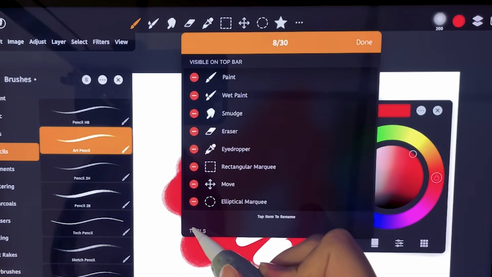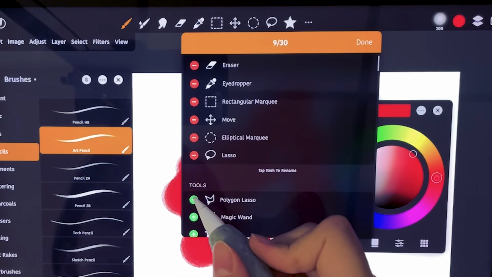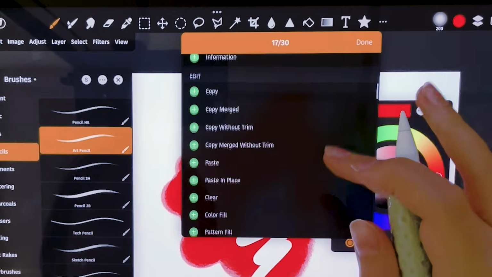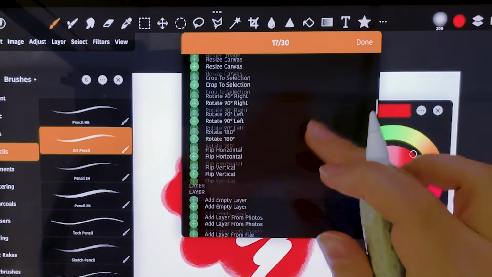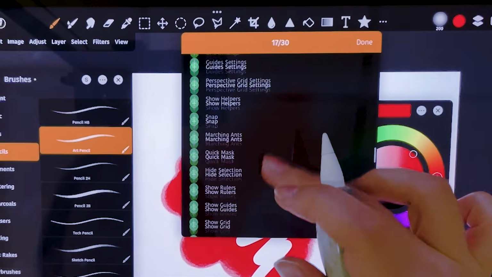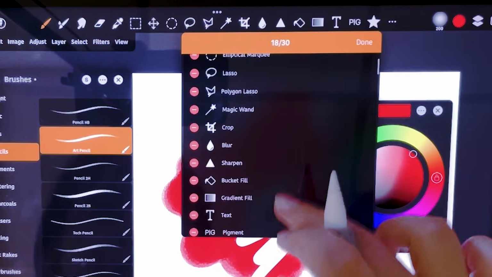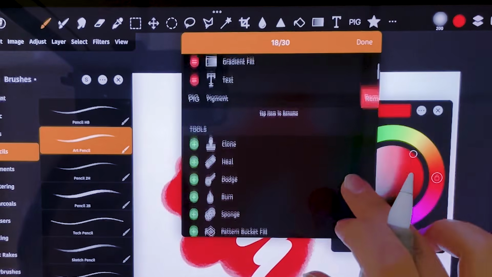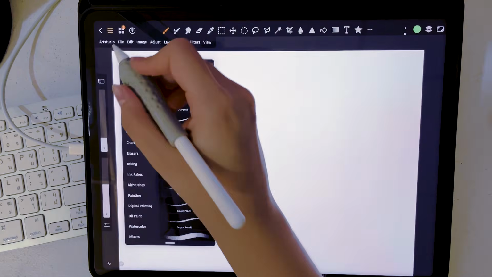What if I just added everything to the top? Can I do that? Yes! Looks like they have a lot of options. Oh my god, you can put everything up there! Okay, the customization option here is awesome. I like this. So the UI feels really nice. I like all the options for the tools you can have up here.